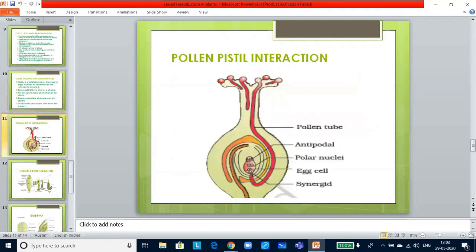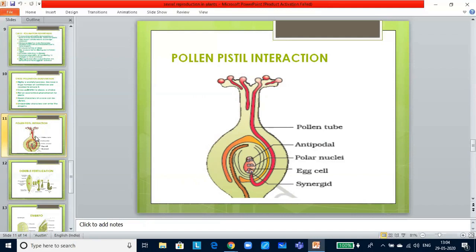Now let us look into pollen-pistil interaction. Now you have understood how through microsporogenesis a pollen grain is formed and how an embryo sac is formed through megasporogenesis. Now let us look at what happens when a pollen grain lands on the stigma. Pollination does not ensure that the right kind of pollen would land on the stigma. Often pollen of the wrong type can also land on the stigma. The pistil has the ability to recognize whether the right type of pollen has landed. Post-pollination events are promoted only when compatible pollen has reached the stigma.